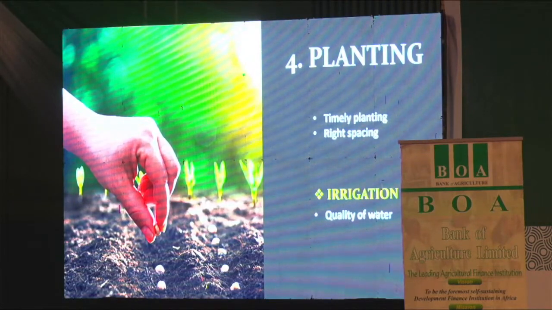So irrigation too. Most of the crops are grown in the rainy season, but if there are other ones that need to be irrigated, you don't just use stagnant water or a river that is not really flowing well to irrigate. In fact, it's even advisable to sink a borehole and have the water tested, because there is some water that can cause problems to the crop. For instance, in our place, if we want to really bank on vegetable production, we advise that you sink a borehole, because most of our waters, rivers, everything, there are a lot of animals that are also polluting the water, and if you use that polluted water to irrigate crops,